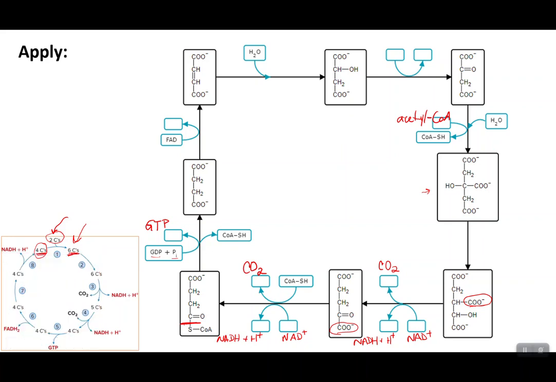So that means that I will be producing FADH2, because FAD was able to pick up those 2 hydrogens that I needed to remove in order to make this double bonded structure. So FAD will pick those 2 hydrogens up to produce FADH2. All right. So in the next step, we have water. This is a reaction that we recognize because this double bond is broken, and then you add OH and H